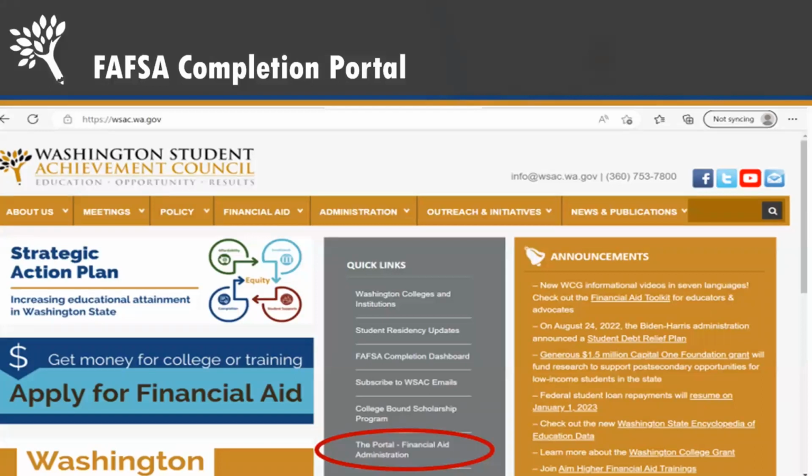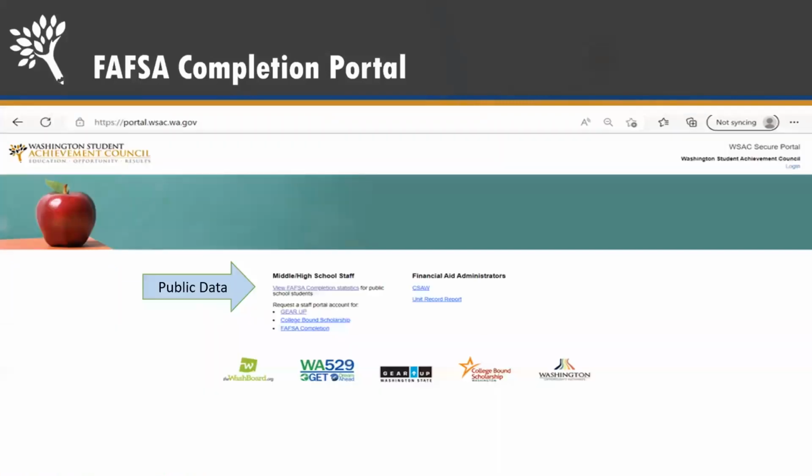This is how you get to the portal. You can go to the WSAC homepage, which is wsac.wa.gov, and click on the link that says the Portal Financial Aid Administration. Once you click on that link, it will bring you to this screen. If you click on the link titled View FAFSA Completion Statistics next to the Public Data arrow, you will see